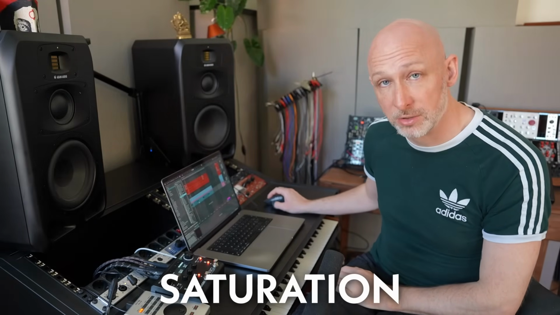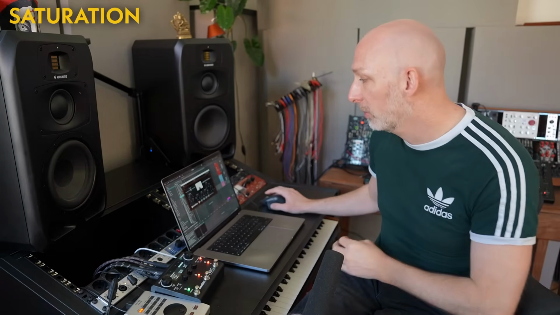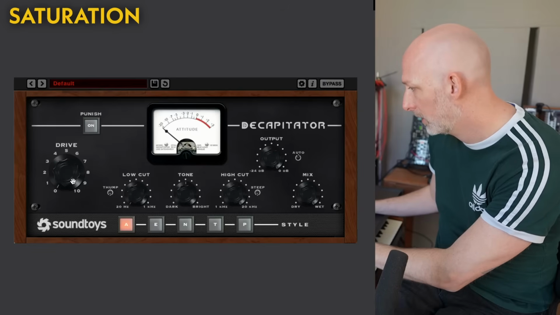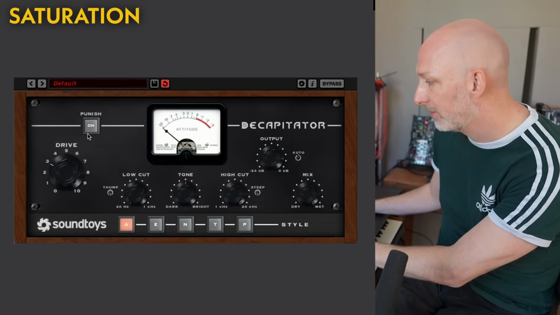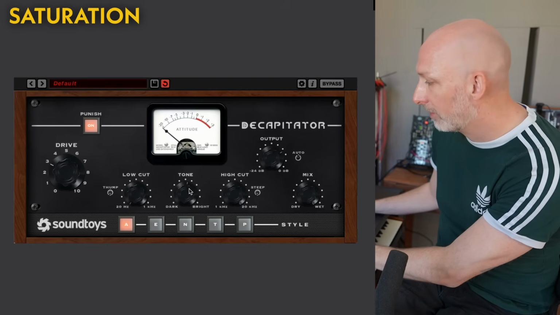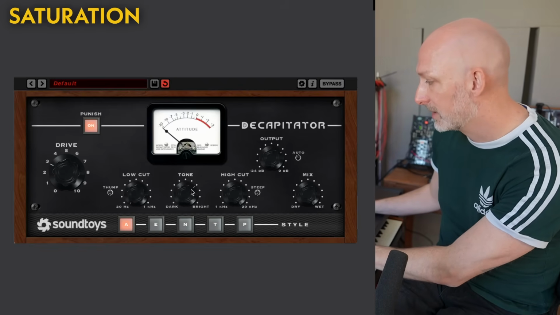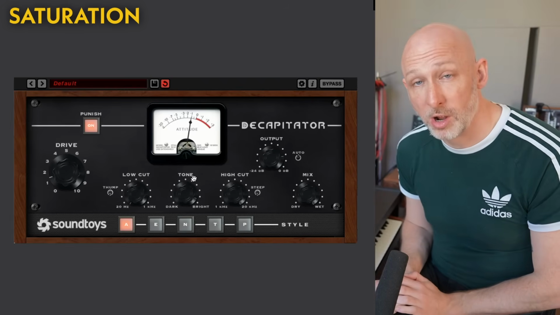Probably the most direct way of affecting the sound design is by saturating or distorting. You take any saturation unit or distortion unit and you start finding out what parts of it that you like the sound of. So for example, this Decapitator, I know I like it with the drive relatively high. Sometimes I like testing with the punish mode on, and also love moving around the tone to see what that does to the sound. This makes the whole thing more harsh, and in this case, you might be like, that's ugly,